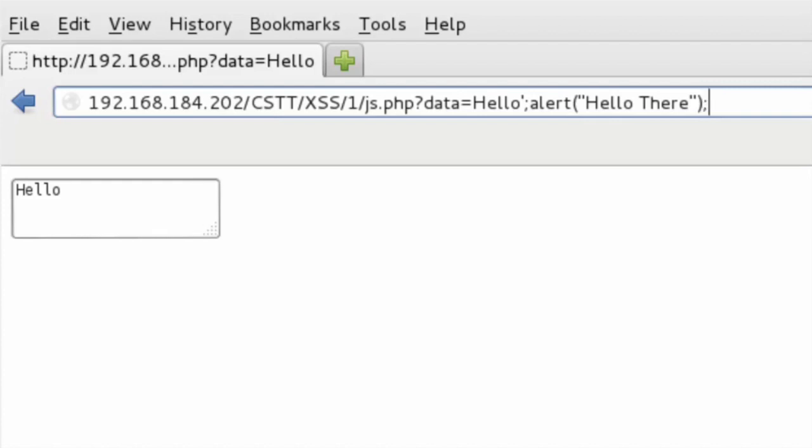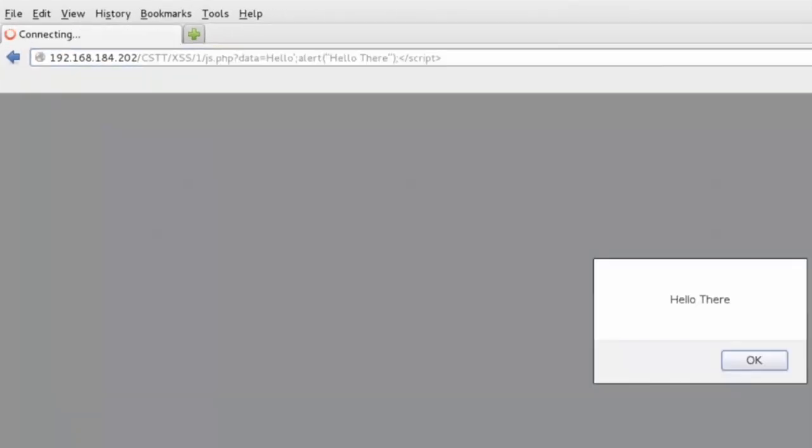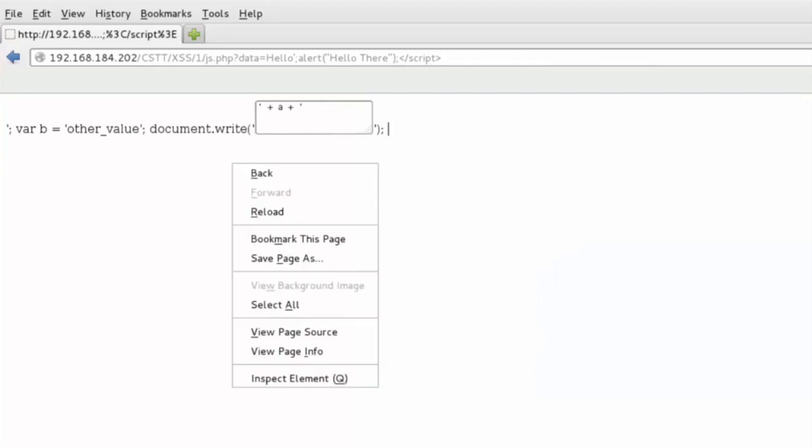Then we say, okay, let's close this block. When we execute it, we can see that we got a pop-up. Every time you deal with cross-site scripting and you get a pop-up, that means vulnerability confirmed. If we check in the background,